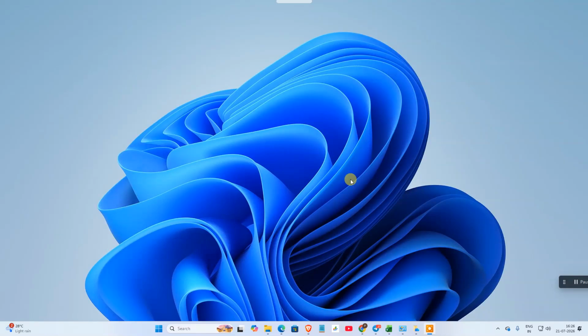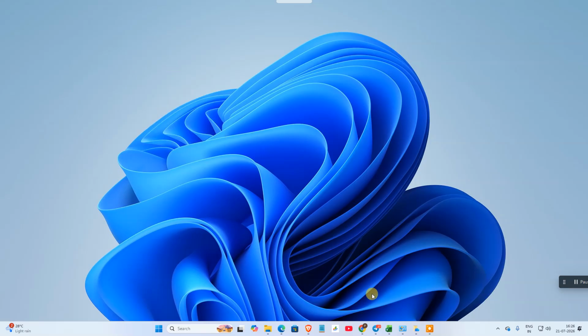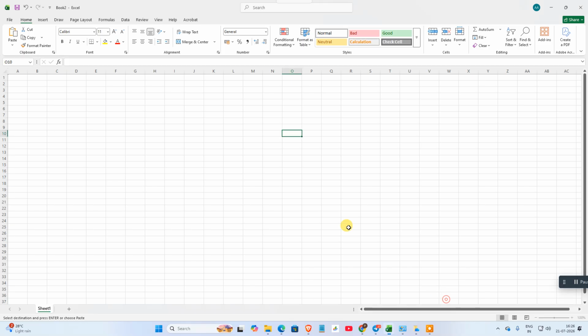How to save files on computer, not in OneDrive. So I will show how we can fix it. First, if you want to save any Excel file like this on your local folder or your computer, not in OneDrive, simply